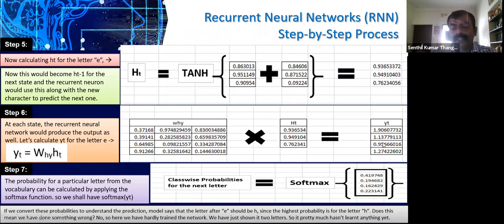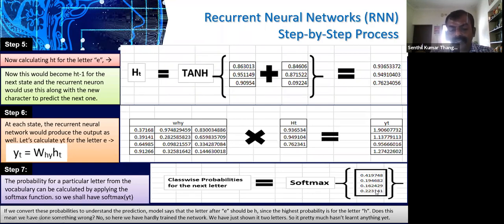Now we have expressed it, given the text characters HE, as class level probabilities. So the class level probability for the next letter, L, that is going to occur, will be expressed as the softmax of these values. That is 0.41, 0.19, 0.16, and next is 0.22.